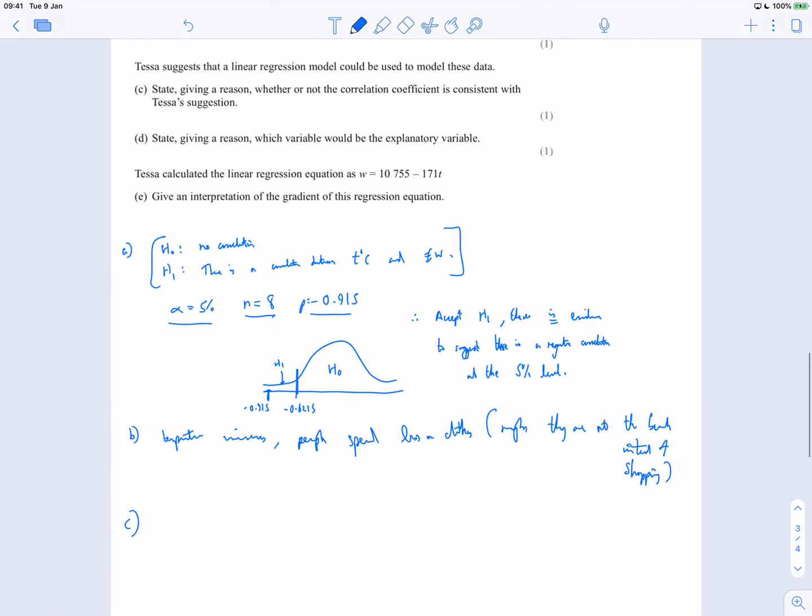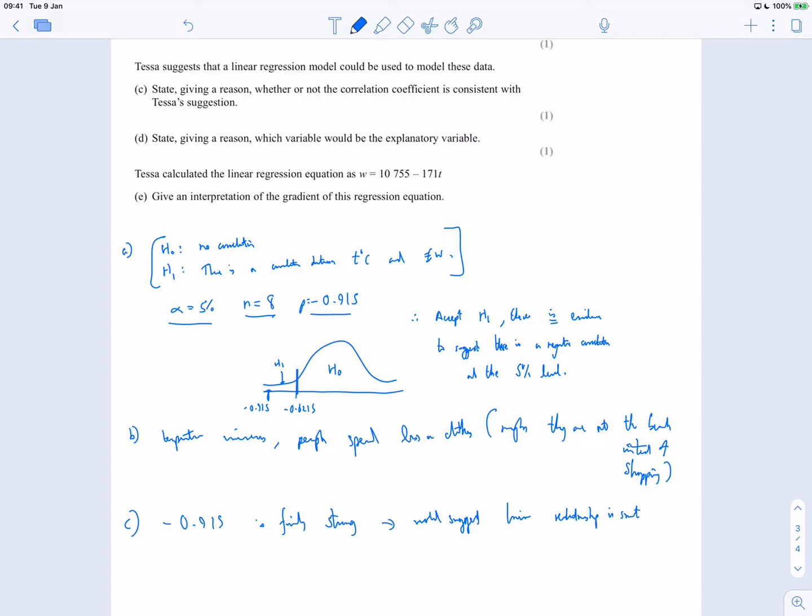Tessa suggests that a linear regression model could be used to model these data. State, giving a reason, whether or not the correlation coefficient is consistent. Yes, because minus 0.915 is fairly strong. So this would suggest a linear relationship